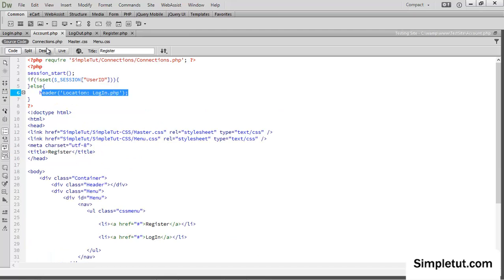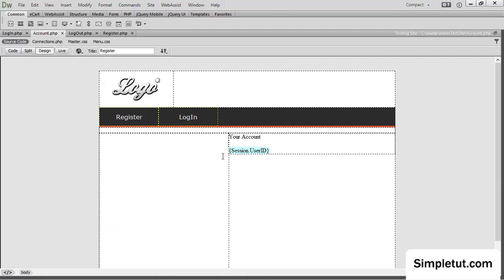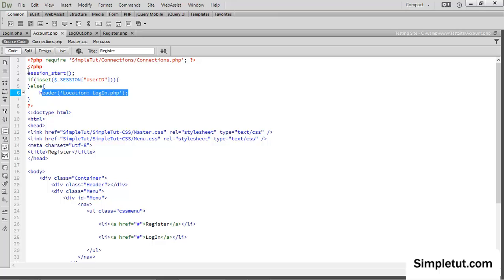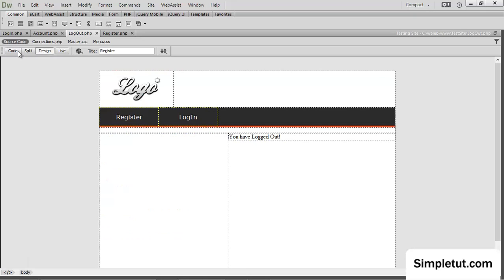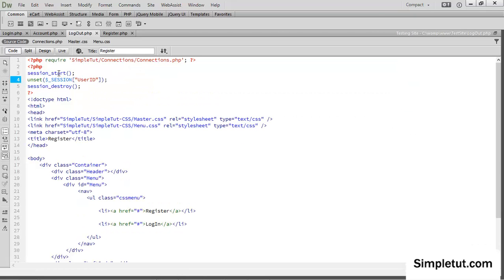We redirected them to their account page, which is where you can post your links to restricted content or your content itself. Basically we're running a simple check to make sure that they're logged in, and if they're not, they're simply redirected to log in, and if they are logged in, they continue to view the page. And then of course, very importantly, we created a logout page which will destroy the session that is used to check and restrict access. So that's the end of this tutorial,